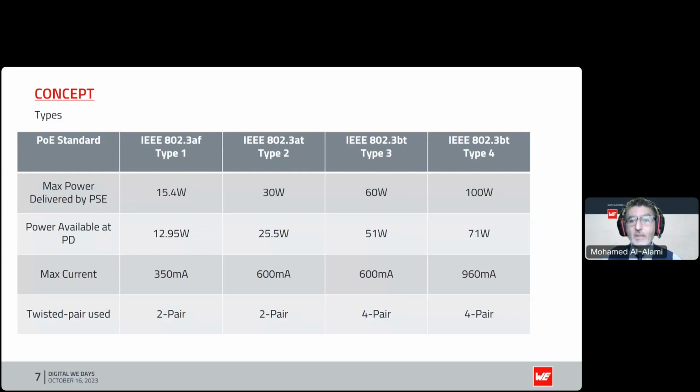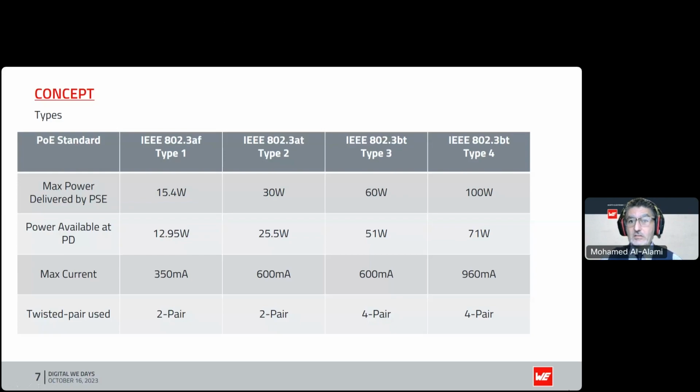Now, so far, the standard was only stipulating that you're able to transfer power over either the data pair or the spare pair, or either one of the two pairs if it's a 1G BASE-T system. So on a 10/100, either the data or the spare. On a 1G or a 10G, it's either one of the two pairs of data. In other words, you were limited in the amount of power that you can send across over those pairs.